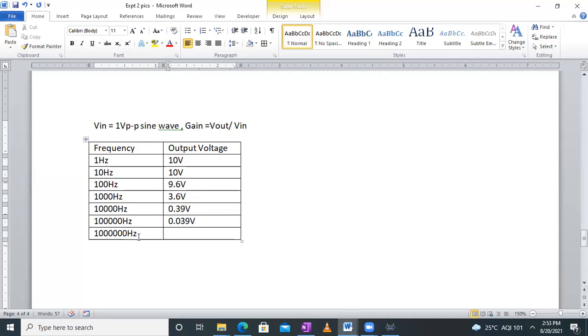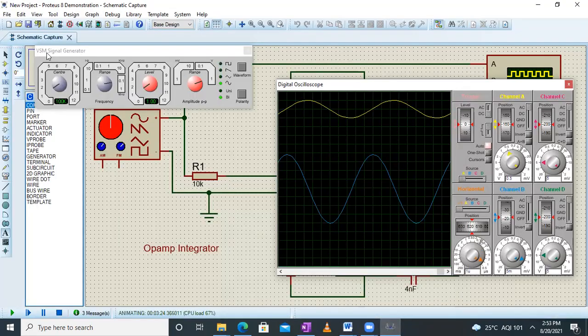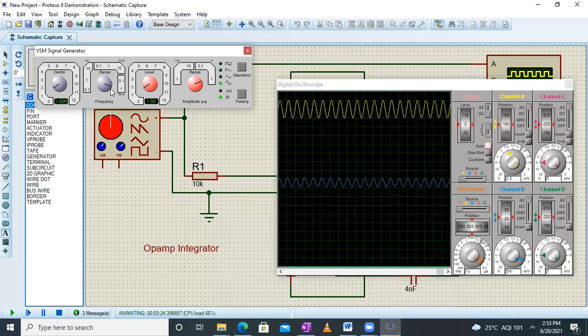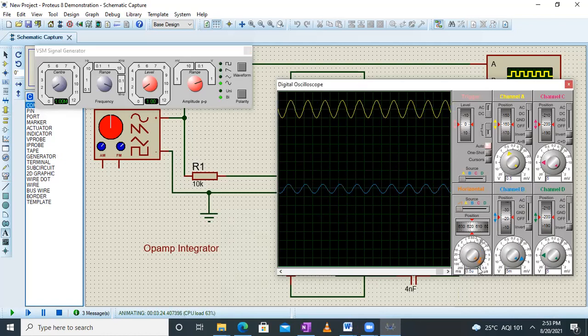Now we have to test it at 1 megahertz. Last reading is left. So we will change the range to 1 megahertz over here. And right now, this is the maximum limit which we have, and this is at 2. We cannot decrease beyond this value. So right now we have to measure it as it has been displayed on the screen. This is also the maximum limit, right?